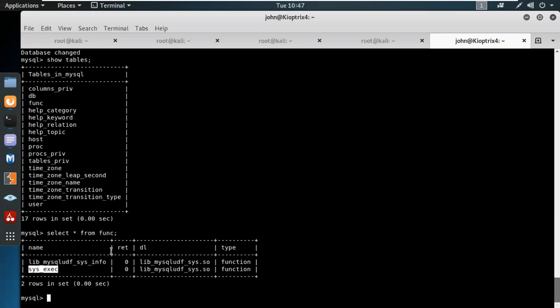For that, I'm going to check all the things one by one. So for that reason, I'm going to use select sys_exec, and over here, I'm going to use a single quote. And I'm going to use usermod to change the user permission, -a to assign, capital G for group admin. In the group admin, I'm going to add John, the username which we got,